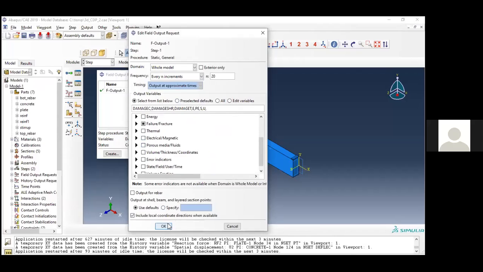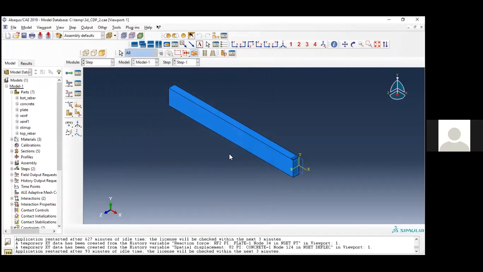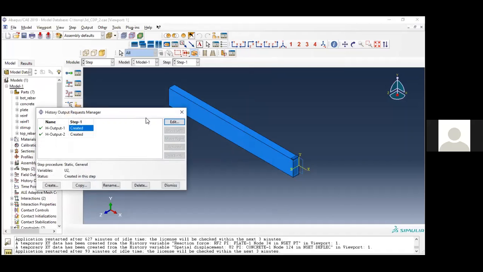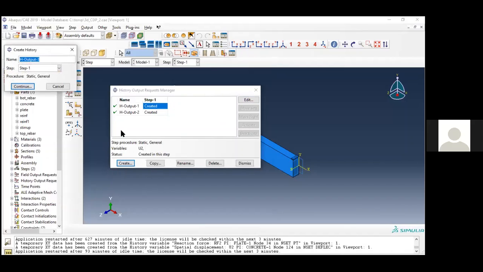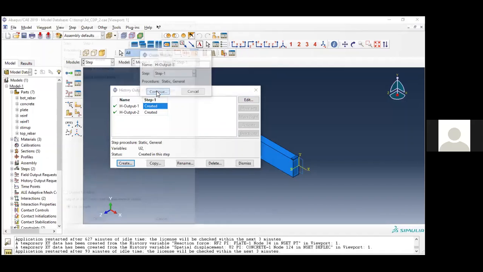So once you define this, this is actually field history output. Similarly, you are having, this is field output. Similarly, you are having history output. Now, history output is normally used to create